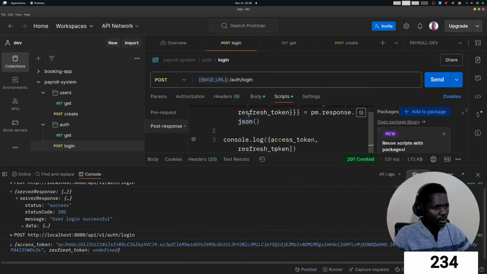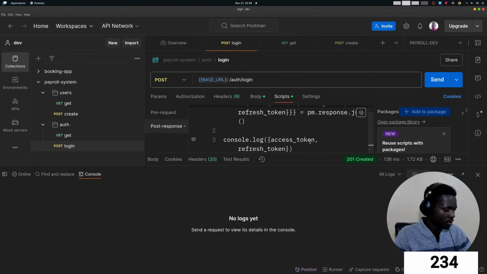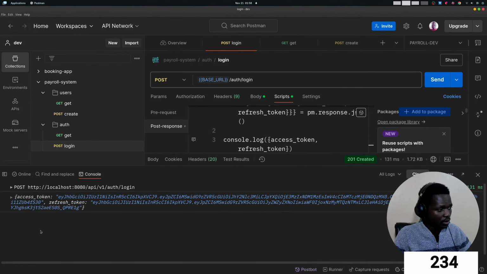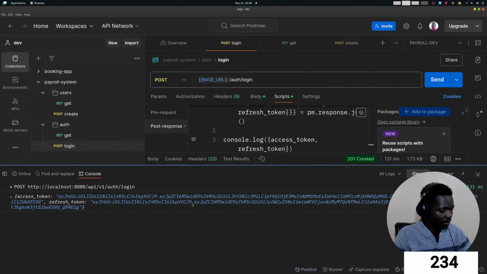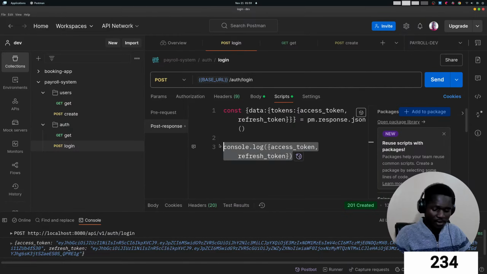you'll see refresh, send. Then you can see now we can be able to load the tokens. So it will be very important for us to be able to get this data. So when you get this data, we'll need to set this to the environment,